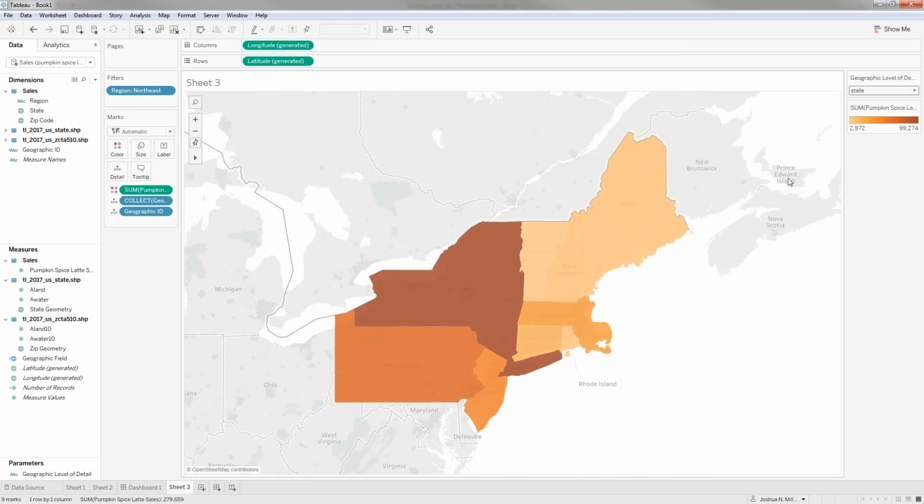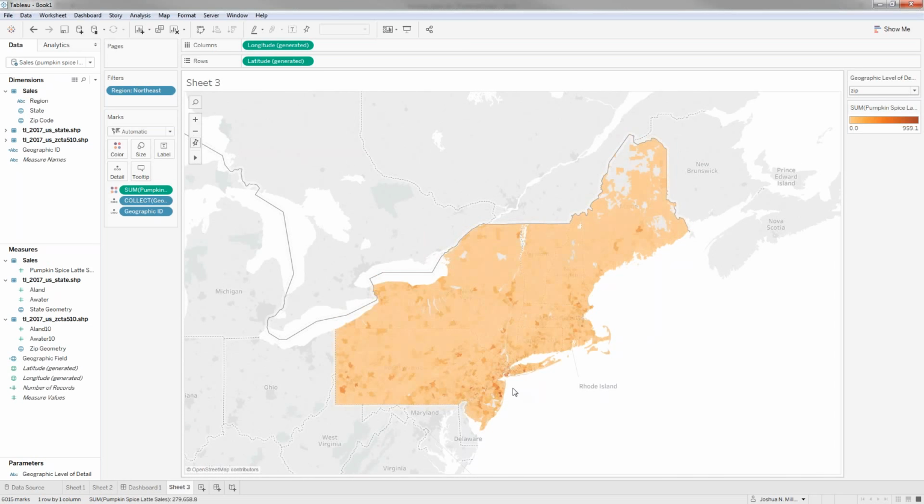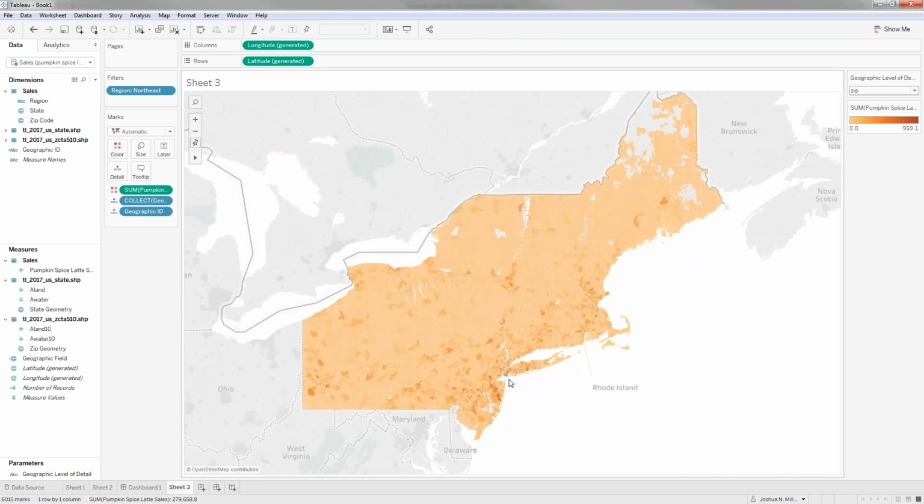So New York, for example, a state that got a very dark orange color because of high sales, but if I look at the zip codes, it turns out that those zip codes with the high sales are just